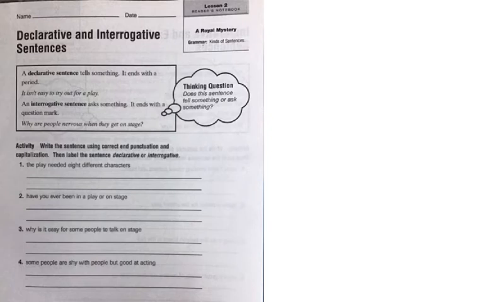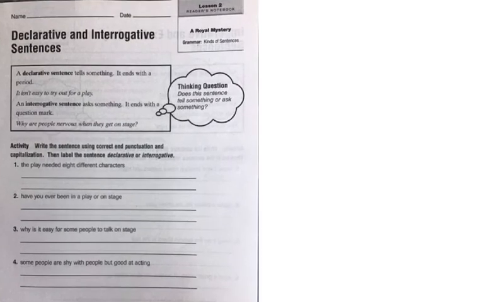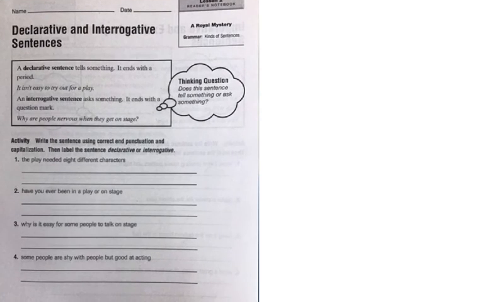An interrogative sentence asks something. Okay, so it's anytime you're asking a question. And an interrogative sentence always ends with a question mark. In the 4 sentences below, we are going to be editing those sentences. And you are not only looking for the ending mark to try to figure out if it's a declarative sentence or an interrogative sentence, but you're also looking for any kind of mistakes in that sentence, such as punctuation or